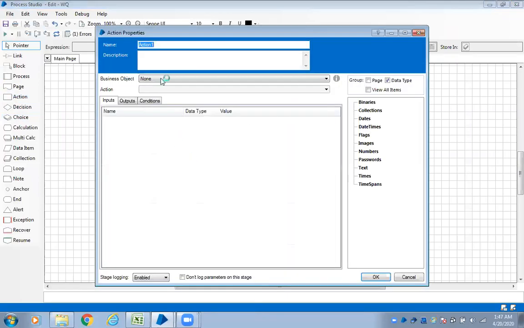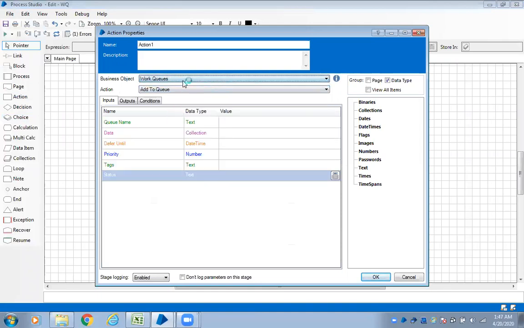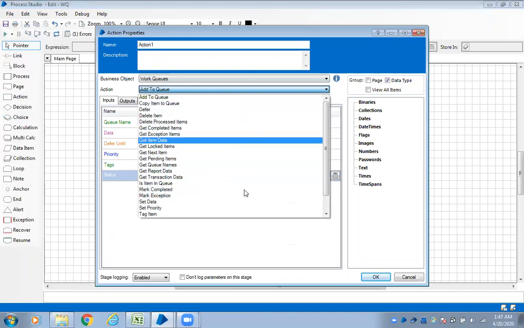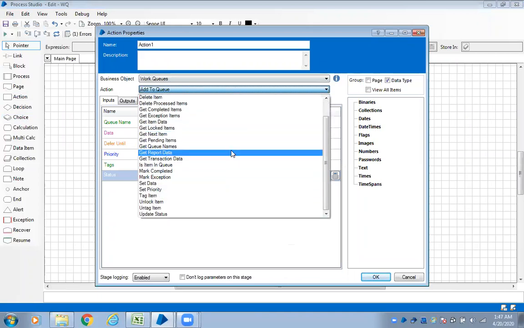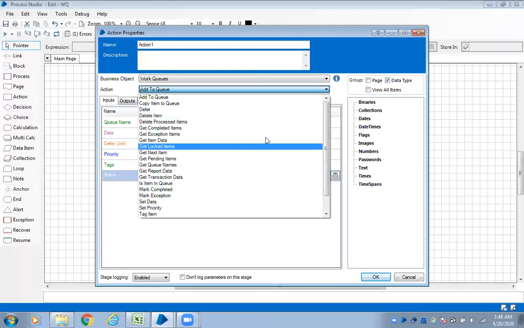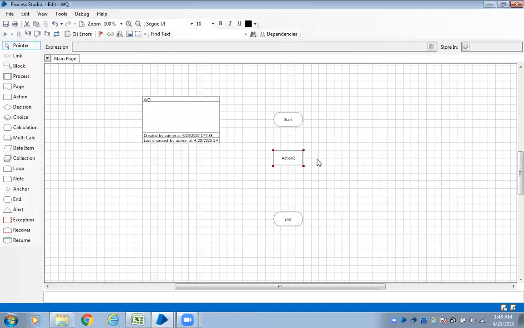When you double click on that, observe this business object name, work queue, internal business object. See this, all these different actions are available in your work queue. You will see most of the actions which we are going to use. So in our regular implementations, we will see that by taking examples. Okay, thank you. We'll see that in the next session.